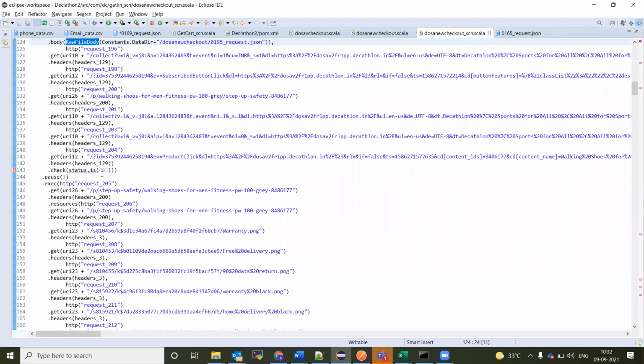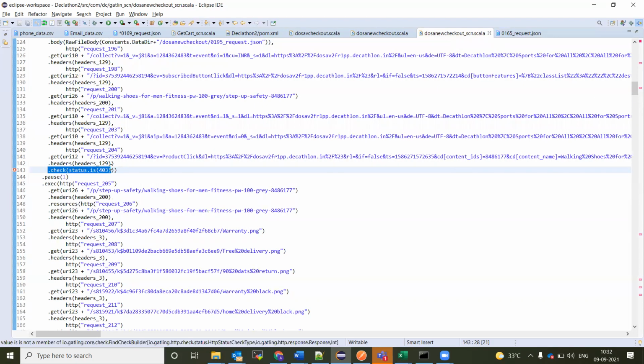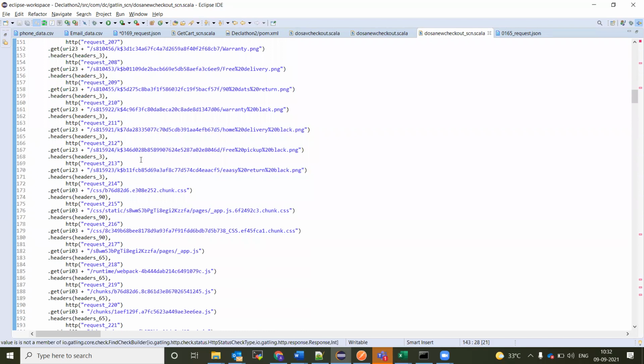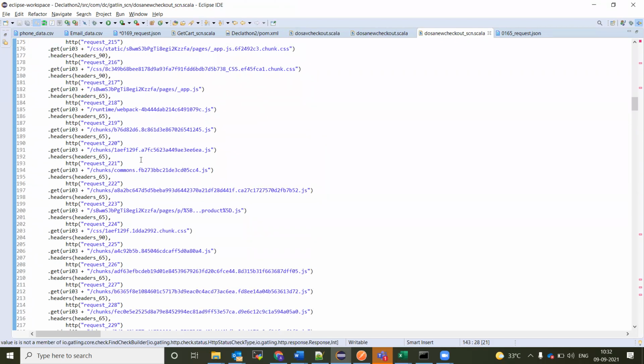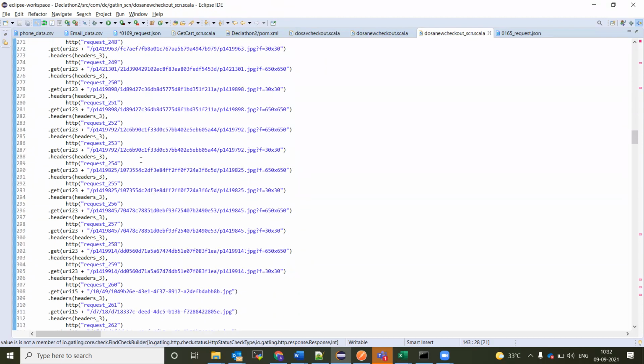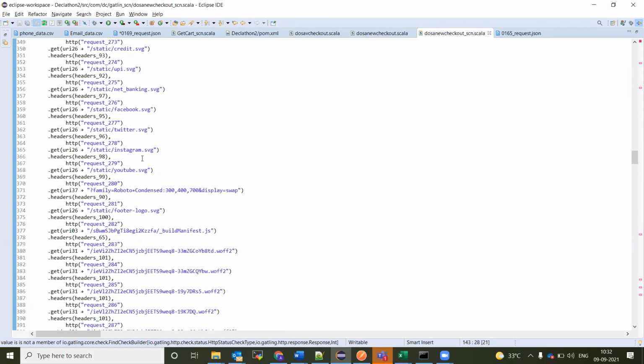And mostly if you have any check status during recording, just remove that. I haven't removed it here, but if there are any check statuses, you can just remove them. Even the entire response point, you can remove it unless it is required. Okay. So I am using the same username and mobile number and other things in the upcoming endpoints also.